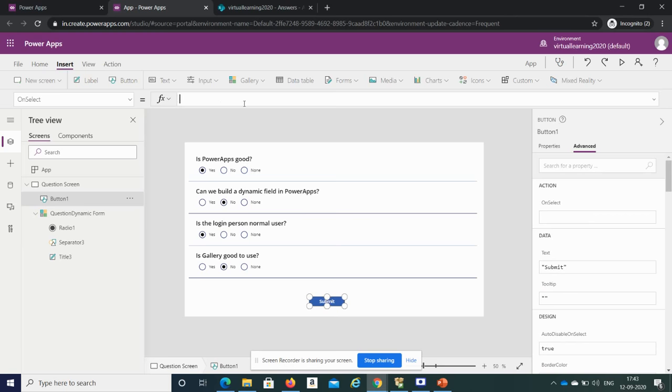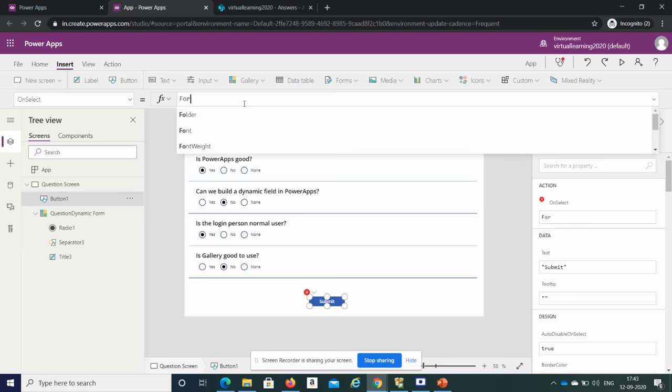We have one function called ForAll. What it does is iterate through whatever collection source you give, and you can perform some logic on those records.